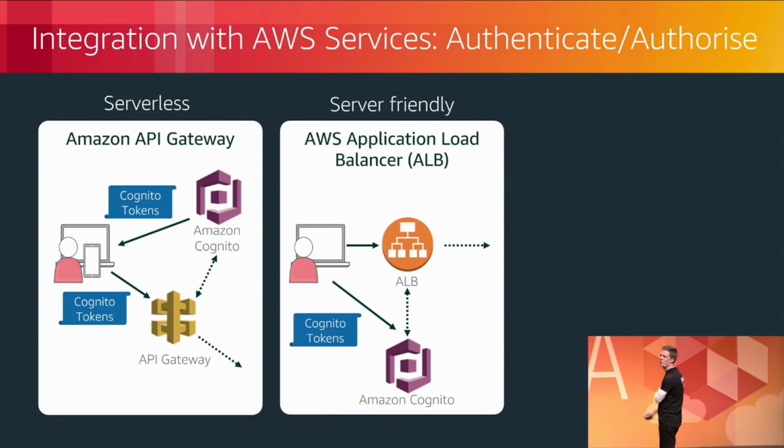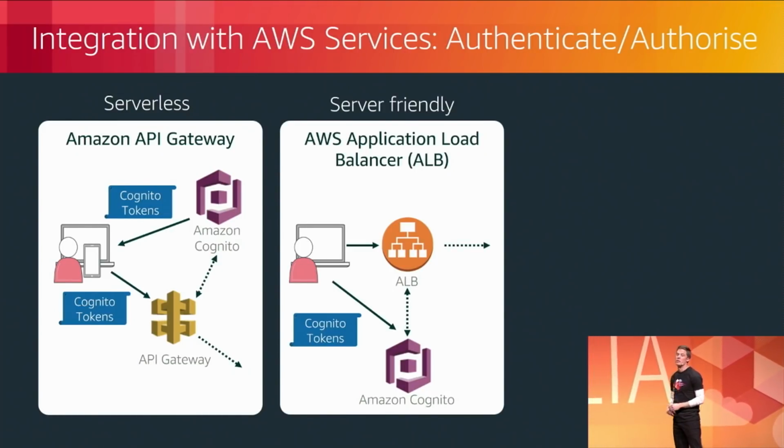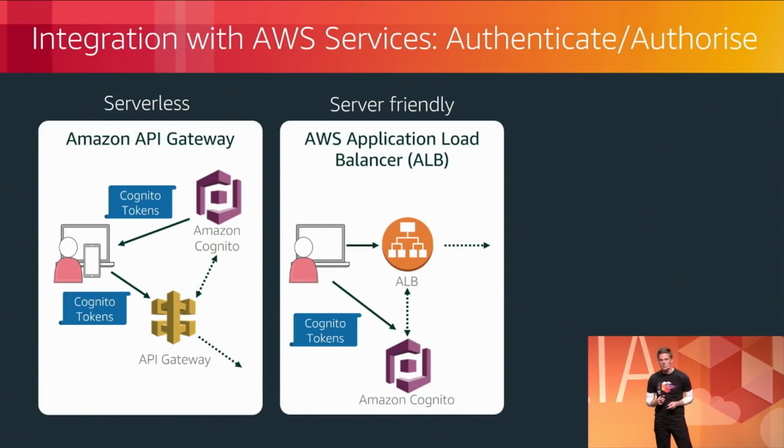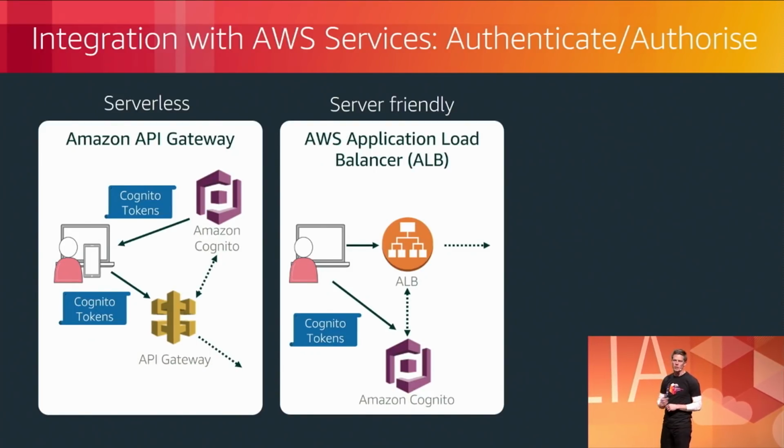But what if my application is hosted on a fleet of EC2 instances? Perhaps I've got EC2 instances fronted by an application load balancer. I can implement just about the exact same workflow with the click of a button. This is a very simple integration so that when my authenticated user hits my application load balancer, the application load balancer will find that token, pass it to my Cognito authorizer, receive a success message, and then allow that workflow to continue on to my backend application.